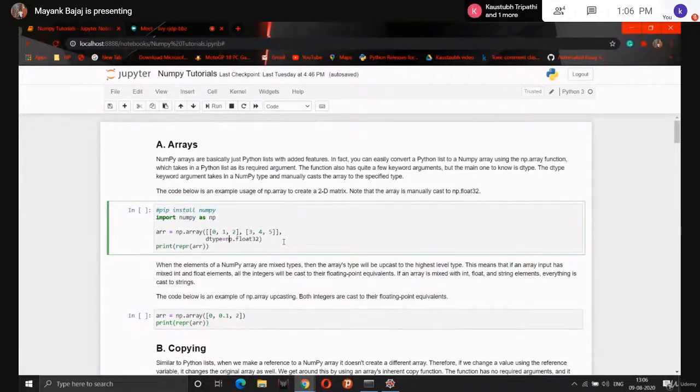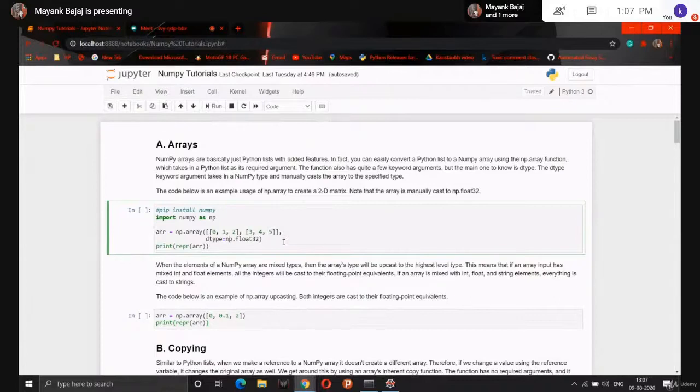So guys, starting with NumPy. First of all, what is NumPy? I would start with the NumPy full form. The full form of NumPy is Numerical Python. NUM stands for numerical and PY stands for Python. These two terms complete the word NumPy.